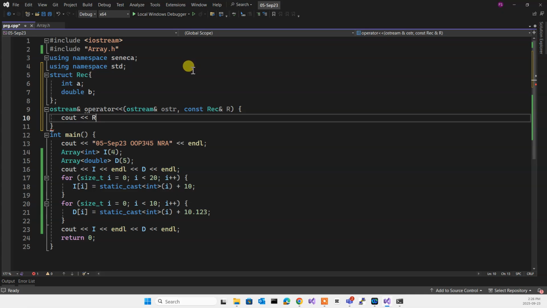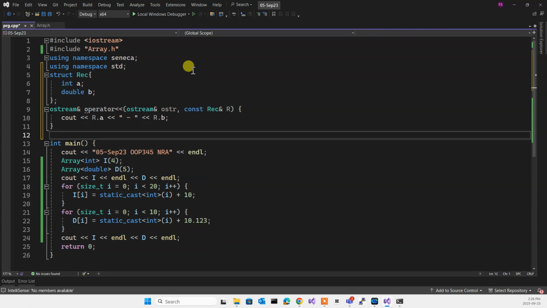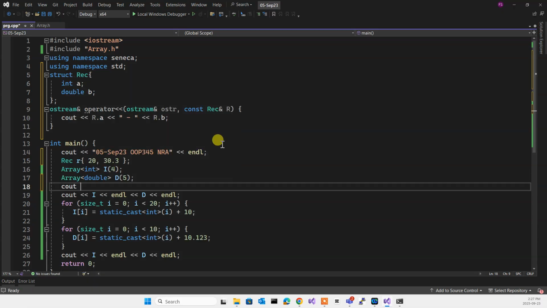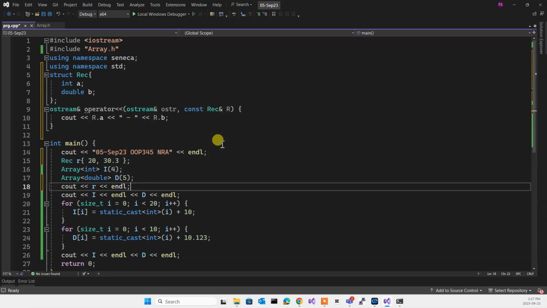I'm going to say over here R.A and R.B. Are we okay with this? So I can show a record. I can create a record and I can show it, right? So I can go over here, rec R, and in here I can put 10 and 20 and 30.3, and then I can go something like cout R, right? So when I run this,